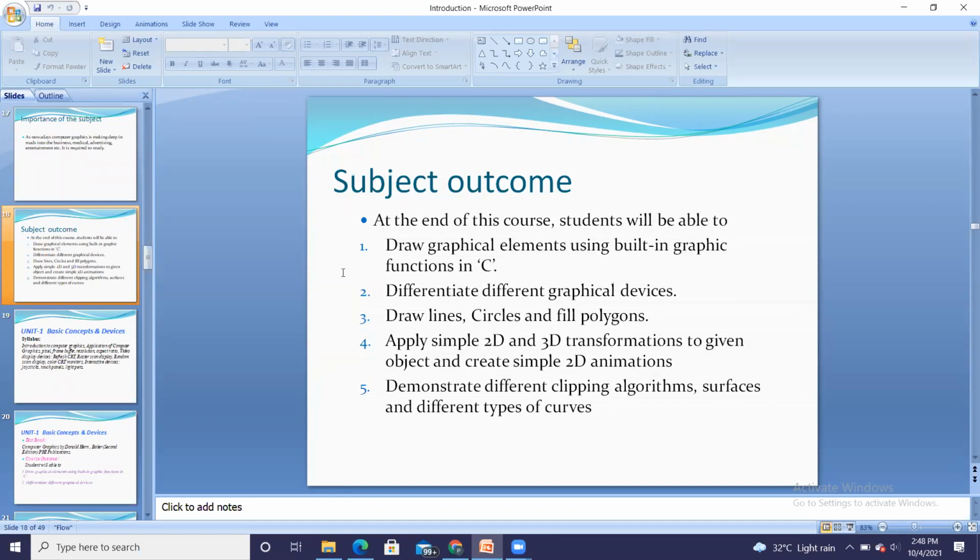Yes, ma'am. Yeah. So in that Turbo C, you have used hash include stdio.h, right? For the standard input output header file. Along with stdio.h, there is one more header file which is called the graphics header file. For that, you have to do the same operation, hash include graphics.h.